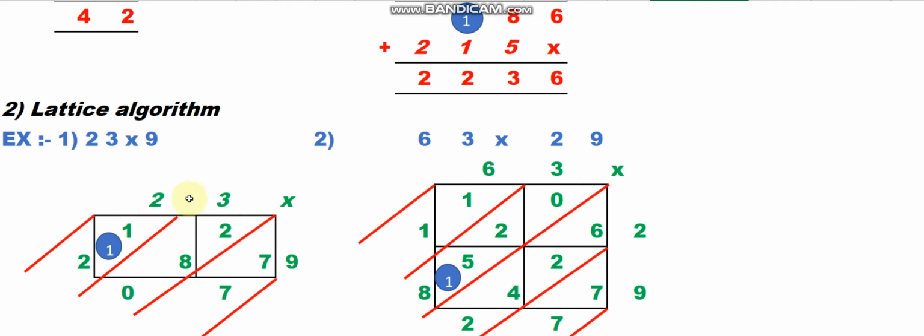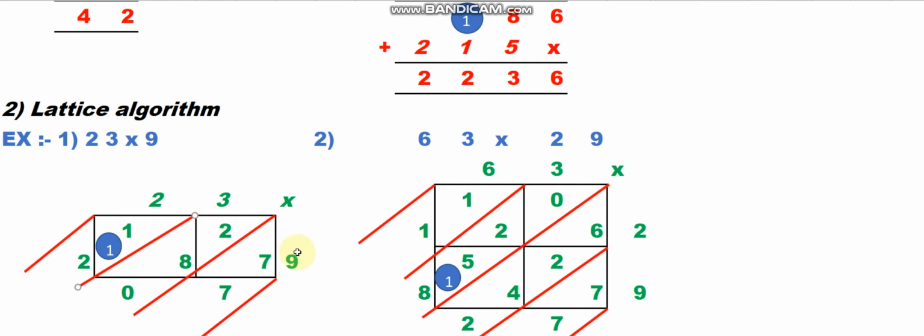So you write here the one digit number. Here 2, 3 by 9. One box is divided into two parts like this. Cornerly you join the corners. Now 9 3s is how much? 27. Here one box is divided into two parts. 27: 2 up, 7 down. Two digit number right here, one box.